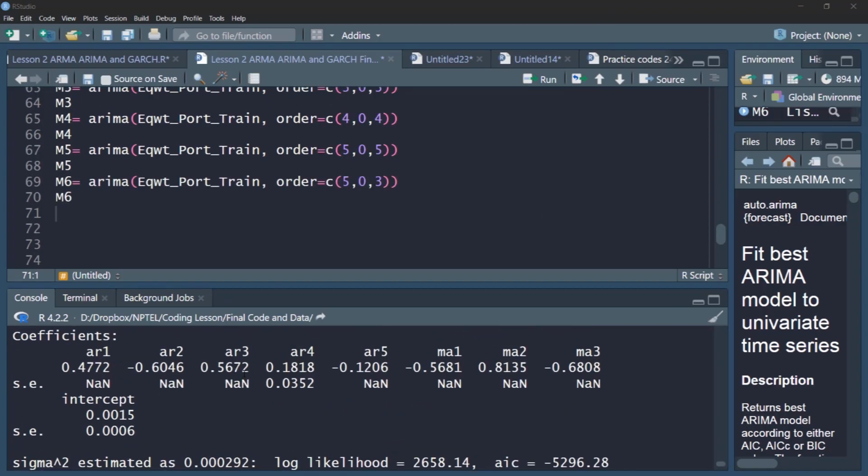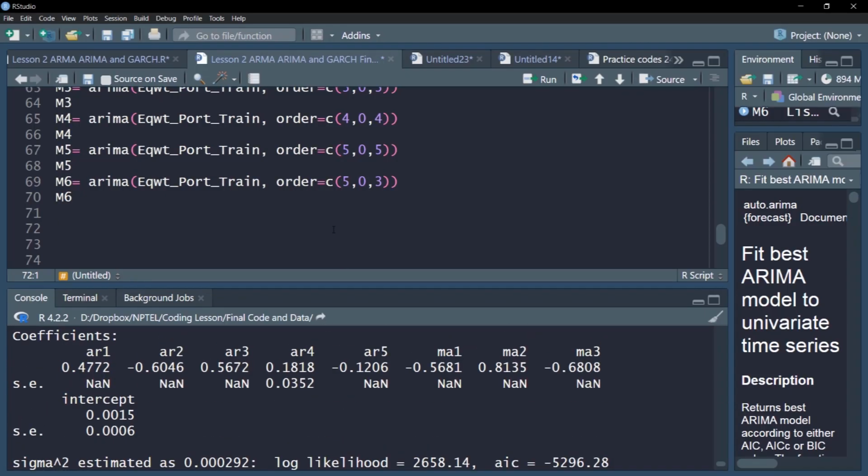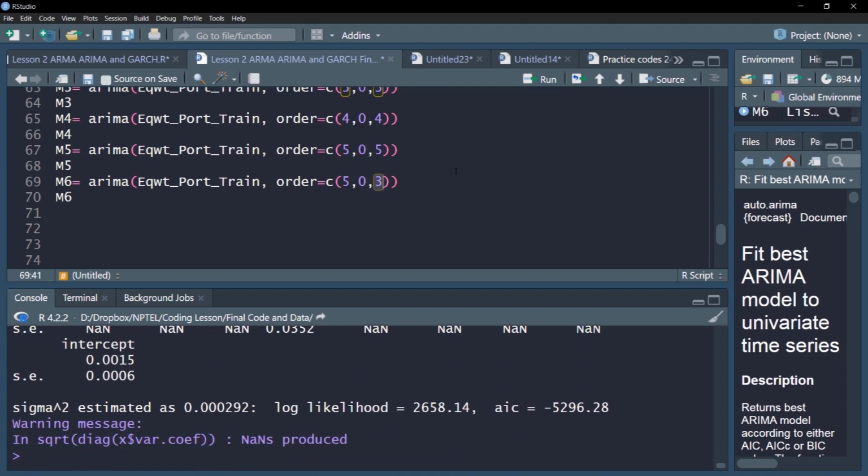There are some NAs produced, that means it is giving me a slightly poor fit. That usually happens when mathematically a model is a very good fit, but theoretically it is not justified. Then this kind of situation may appear, where mathematically it was giving me a good fit, but when I fitted the 5-3 model, AR5 and MA3, it is giving me NaNs for my standard error. So that means there is some challenge while fitting this kind of structure, but we'll go ahead.